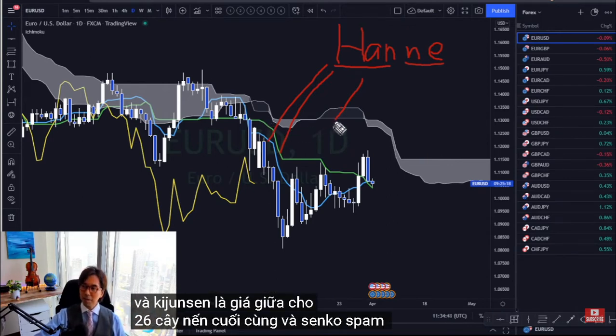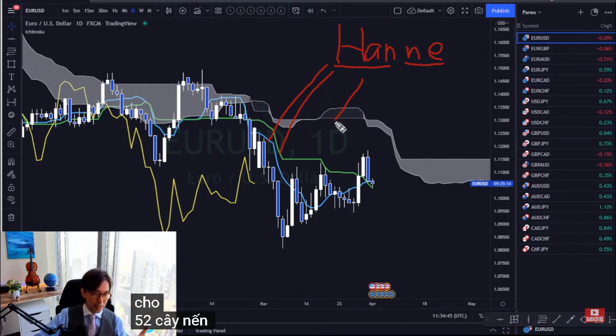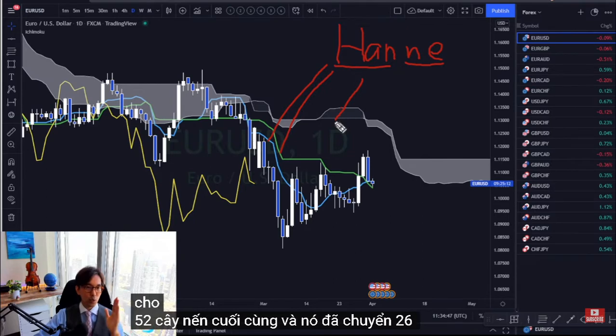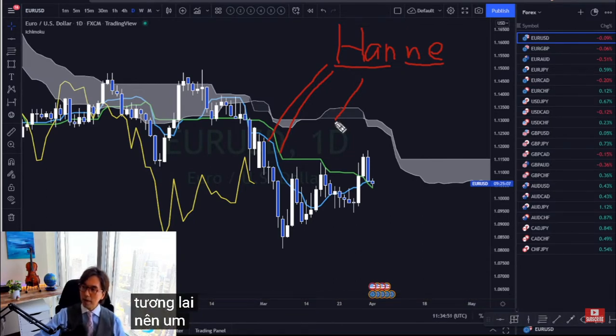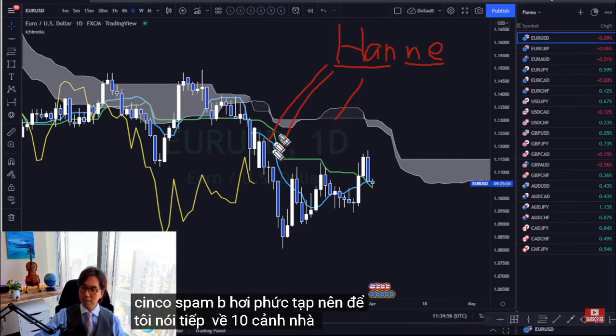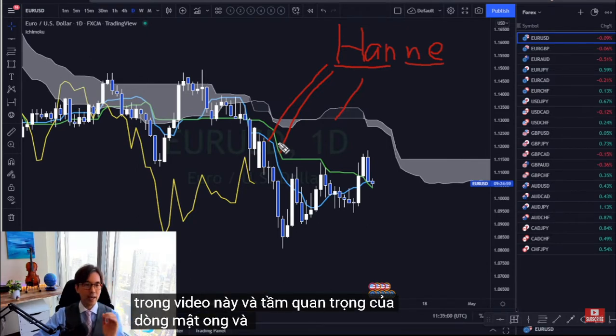And Senko span B is the mid price of the last 52 candles, and it is shifted 26 candles to the future. So Senko span B is a bit complex. So let me just talk about the Tenkan-sen, Kijun-sen in this video, and the importance of Hanne line and Kihon Suchi